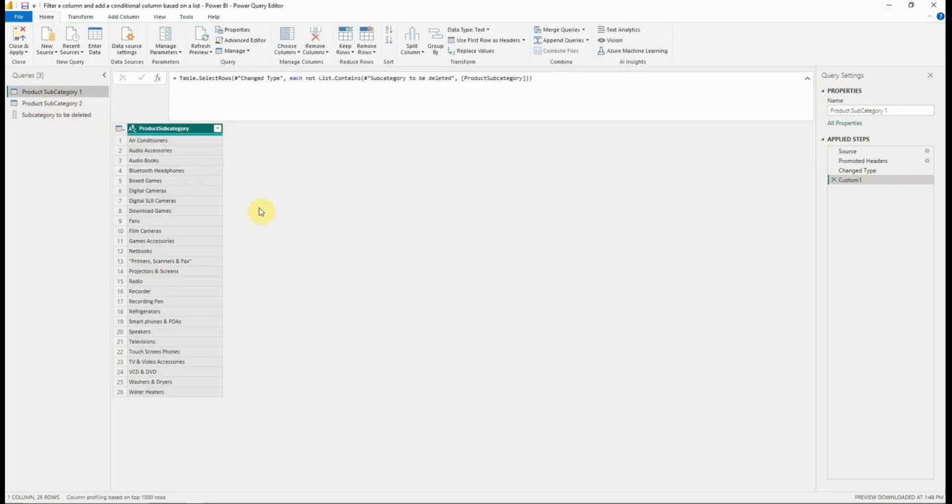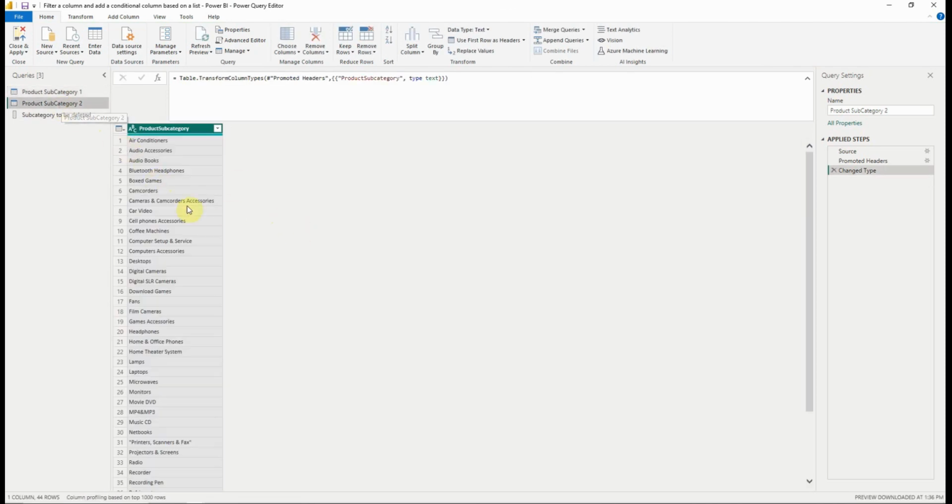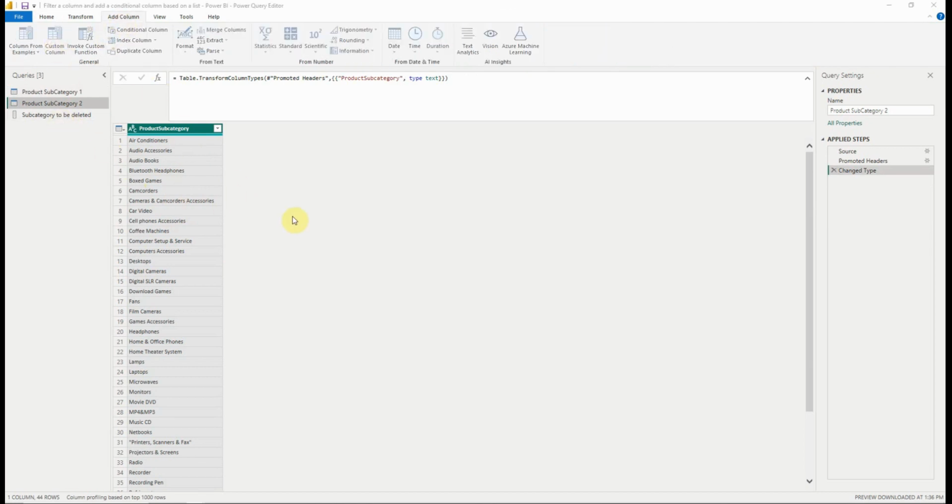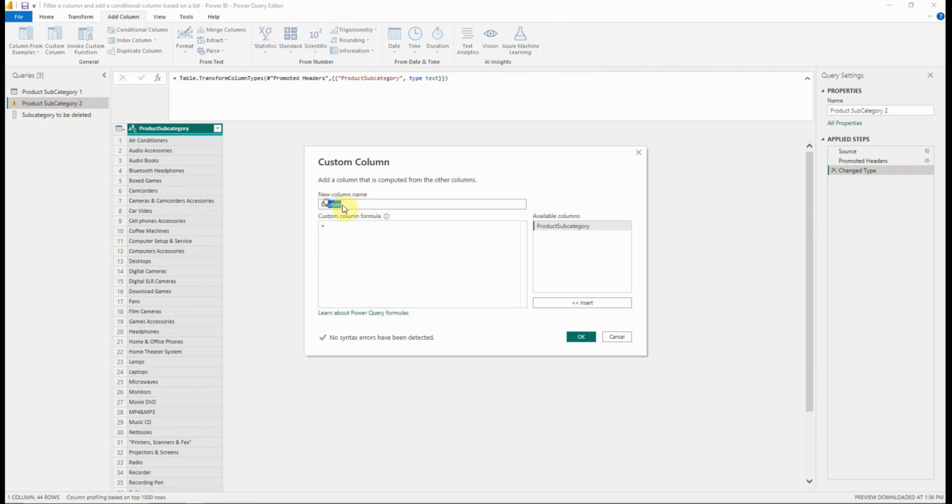Using the same function, we can create a conditional column based on a list. For example, let's suppose we want to create a new column which is null if the value of the subcategory exists in the list. Otherwise, we keep the value of the subcategory. Let's add a custom column. You can rename it if you want. Then in the formula we write